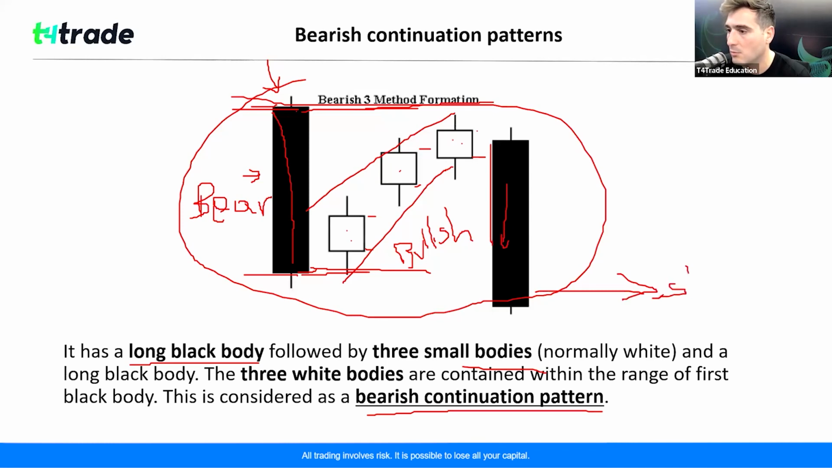Therefore, you can short the position here, capitalize on the fall. Okay, so let me briefly summarize this: it has a long red body followed by three small green bodies. Okay, and the three white bodies or the three green bodies are contained within the range of the first black body or the red body. Okay, so consider it a bearish continuation pattern, and we will see continuation patterns in the next webinar, more specifically chart patterns in general. Okay,